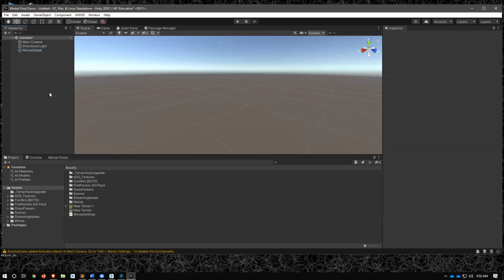So the first thing I'm going to do is create an empty object. I'm just going to call this one Wwise banks, because what we want is to have it load the sound banks. So we need to add a component. We want, basically, when the scene loads, like if you recall, we can dynamically load and destroy banks in the game as needed. But for a simple one-thing game,